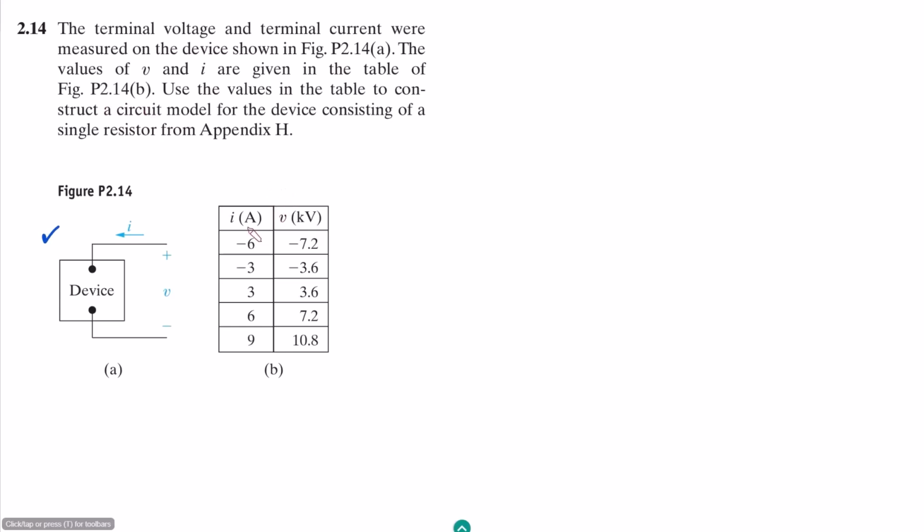So this is a table of the current in amperes. The applied voltage V in kV is also given here. Okay, so you can see that in all of these types of circuits, this one is the independent variable, while this one, the current, is the dependent variable. Okay, use the values in the table to construct a circuit model for the device consisting of a single resistor